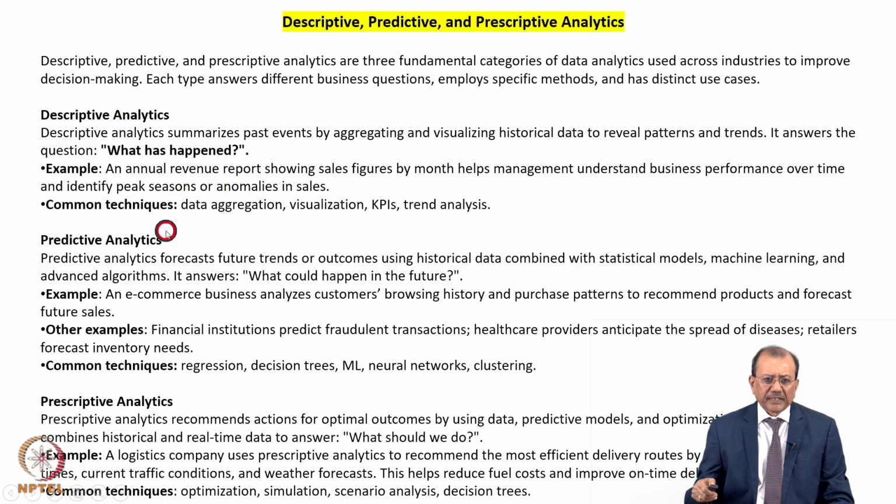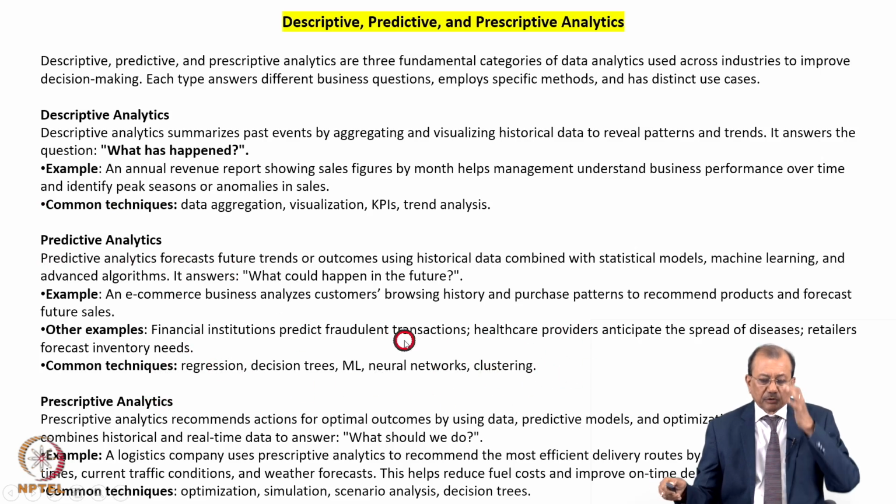Coming to the predictive analytics, tools like regression analysis of statistical mathematics, decision trees. These are again tools of statistical mathematics. Machine learning is also commonly used now in case of predictive analytics. Neural networks are also a very important aspect, and clustering. So if somebody wants to develop predictive analytics, you should learn these kinds of technologies, or tools around these technologies. And you have to learn. So this is also a very important area for our industry 4.0 predictive analytics.